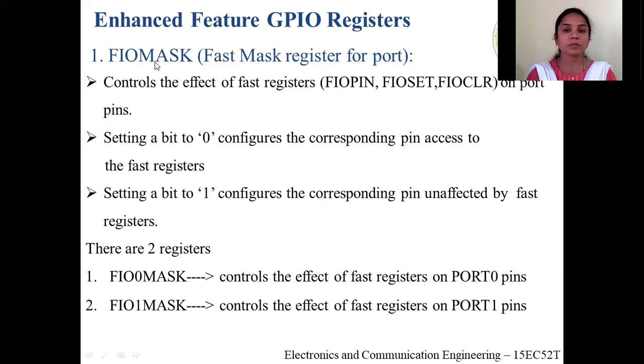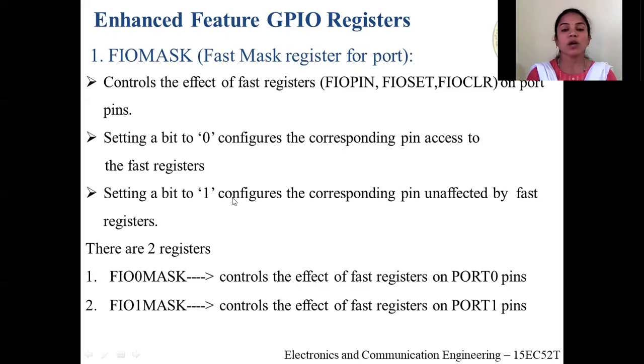If you do not enable that port pin by using the FIOMASK register, you can't use the fast registers, that is FIOPIN, FIOSET, and FIOCLR. Before using these register operations on port pins, you have to enable them, or set a 0 on that pin by using the FIOMASK register.